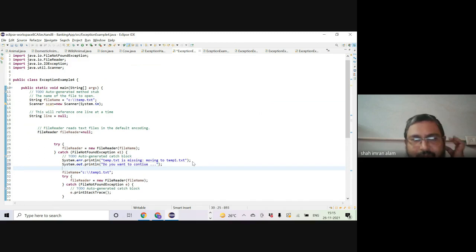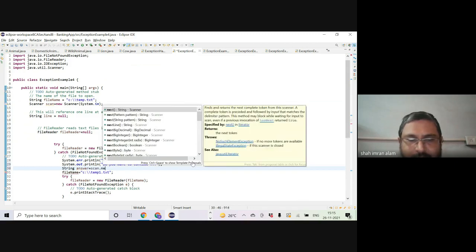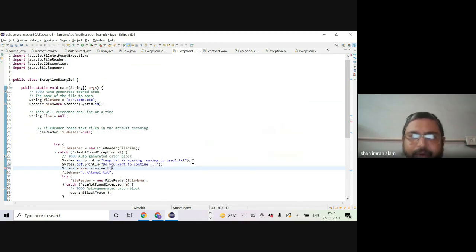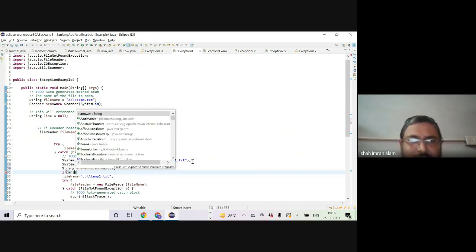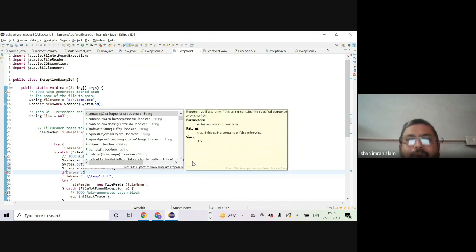Okay, String answer is equal to scan.next. Okay, if answer, I'm extending the code a little, dot not double equal to, it's an object.